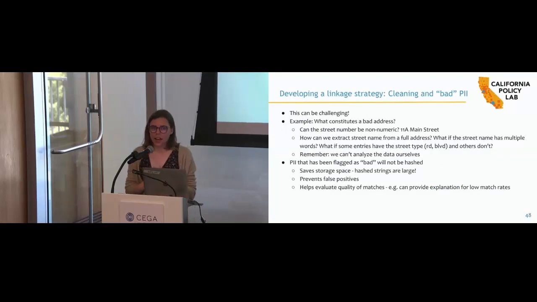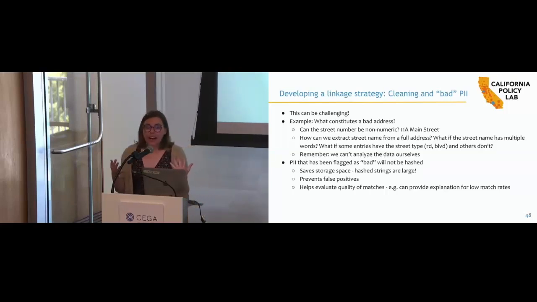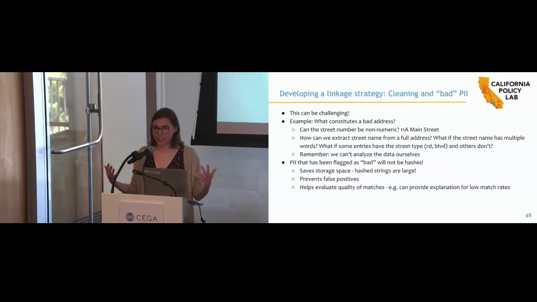This can be a pretty challenging problem. So if we think about addresses, for example, if we're trying to link on address, it can be difficult to come up with what is really a bad address? So one thing you might think about at first is that the street number should be numeric. But what if you have something like 11A Main Street? That's a valid address. Now, what if you have an agency that stores their addresses just in one field, and you have to extract